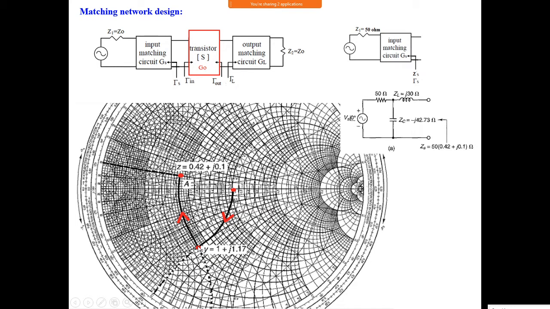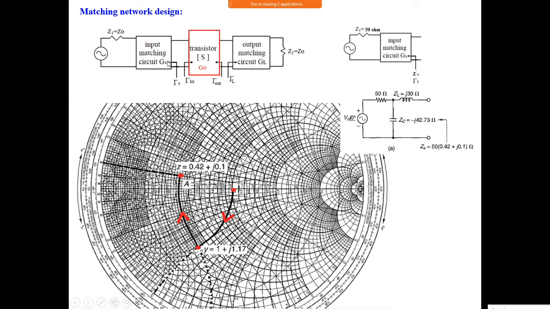Similarly, after this point we are moving on the resistance circle, like this. So you find out what that value is. Capacitor, sorry, it adds the inductor in series, moving on the resistance circle in the clockwise direction. From here we are moving like this in the clockwise direction to this point. It adds an inductor in series. So if you do this, you add this.